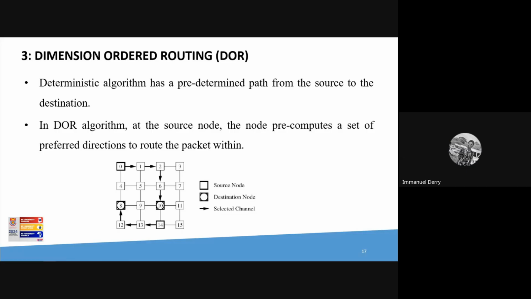All right. So this is how the dimensional ordered routing looks like. It moves into one direction, and then before